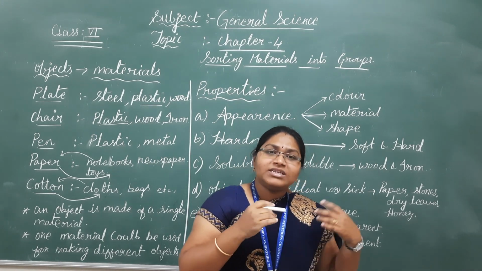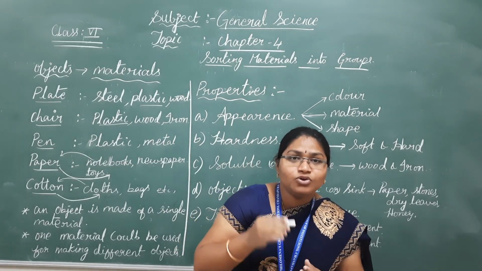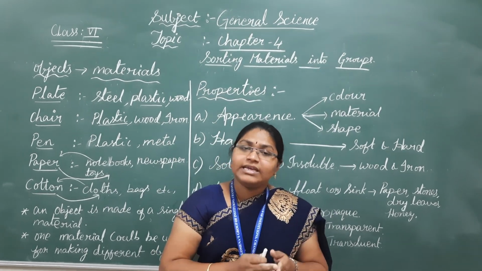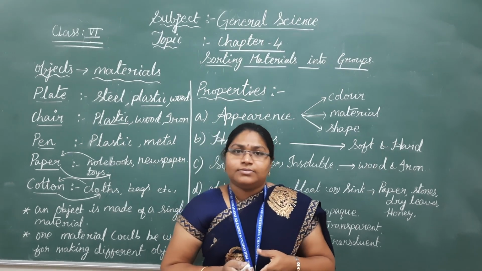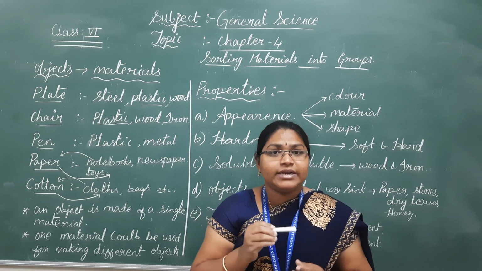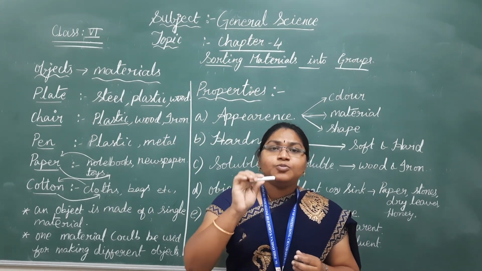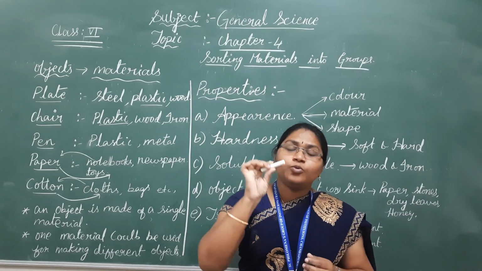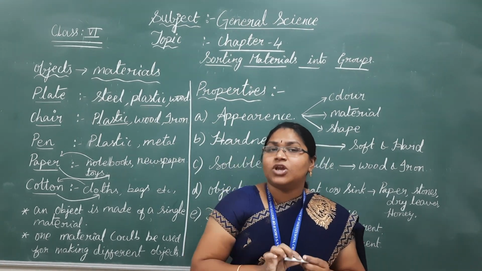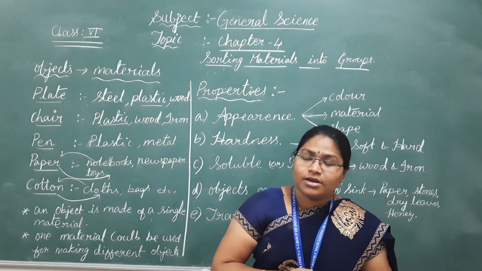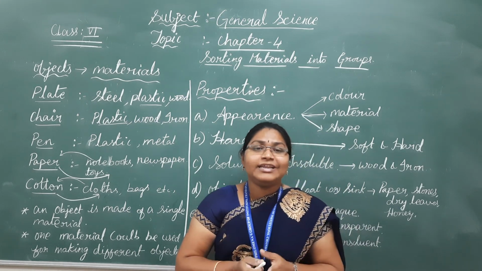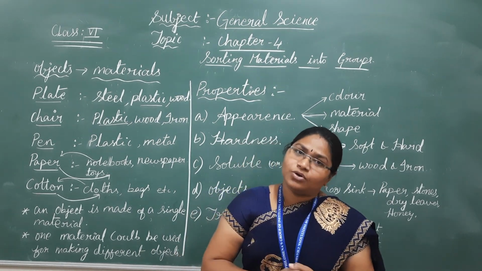So what is hardness? If you can compress or scratch an object very easily, that is a soft item, like wool, cotton, or sponge. Whereas this chalk piece is solid, like plastics, you have to put some effort and energy to compress or scratch this item. That's why these objects we call hard objects, hard items. So depending on the hardness of an object or material, we can separate into groups.